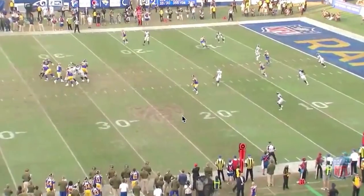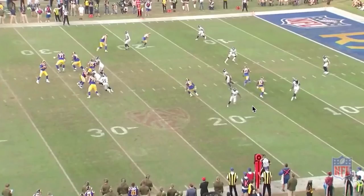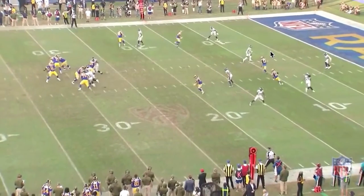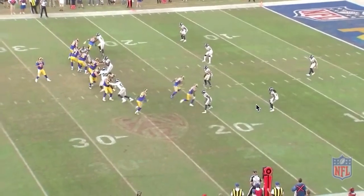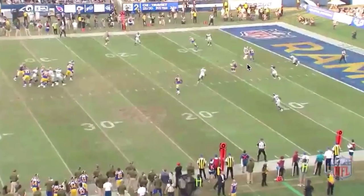As we can see, the flat and short defenders are occupied. Well, the flat is just playing the flat for whatever reason. There's no one over here, but the Mike linebacker is occupied by Gurley's curl. We have Reynolds as post, taking out the short or the strong and the free safety. Brandon Cooks is wide open because the play side cornerback here, he's basically funneling everything inside, but the inside defenders